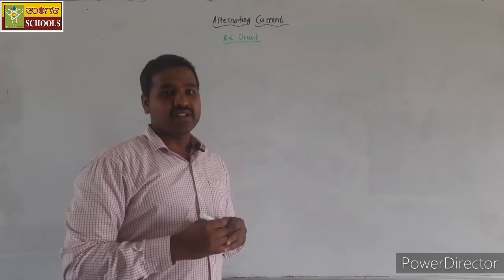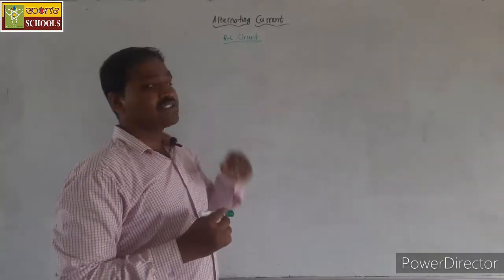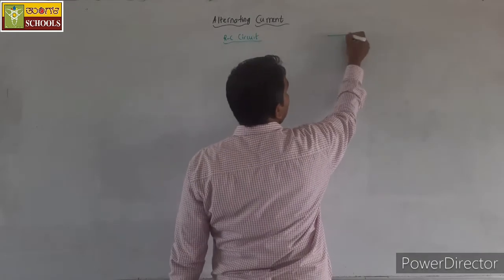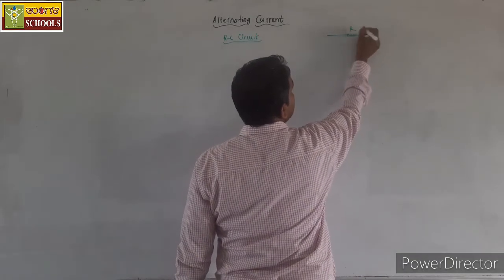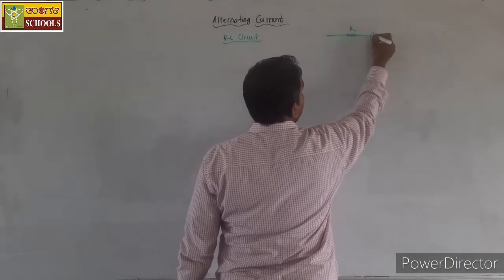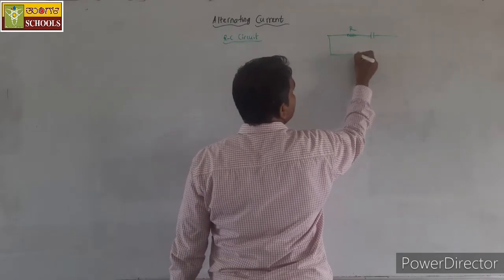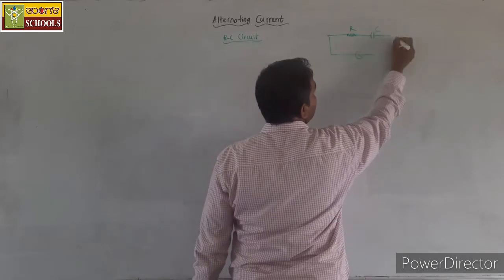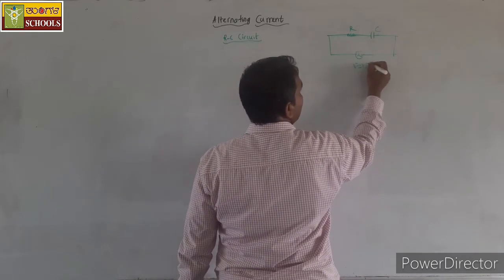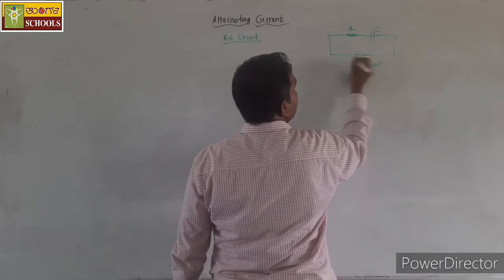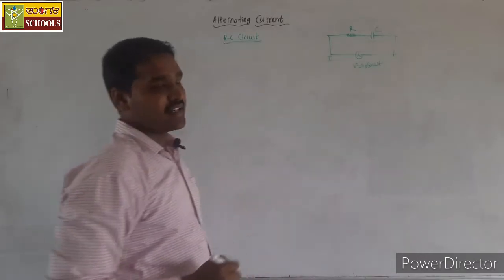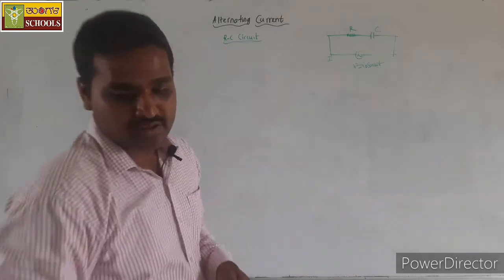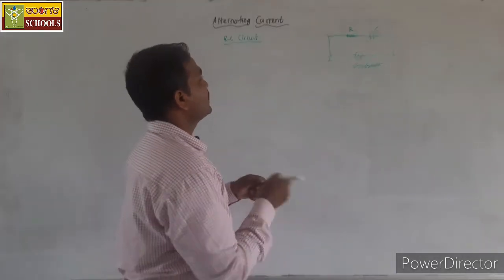Similarly, we shall consider the resistor capacitor circuit, that is the AC circuit which contains a resistor and a capacitor. Let C be the capacitance of the capacitor, and the voltage is V equal to V naught sin omega t. I is the alternating current flowing through the circuit. So here also we shall plot the phasor diagrams.